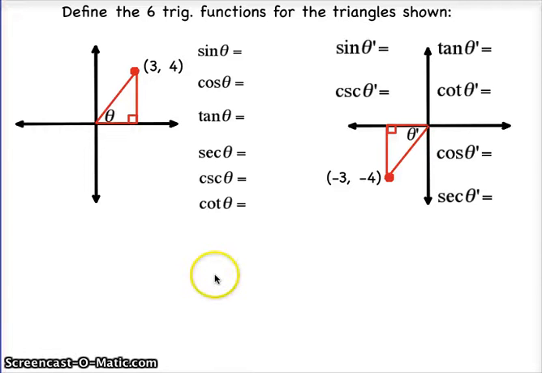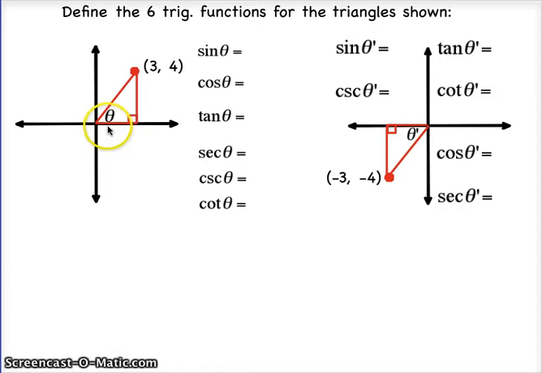Okay, this video will help you understand how to find sines, cosines, and tangents, essentially trig functions, for any point in any quadrant on a graph. Usually when they give you a point, they're going to ask you to draw a triangle, essentially straight from the origin to that point, and then drop an altitude down from that point directly to the x-axis,